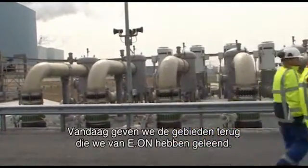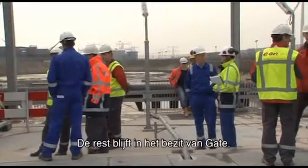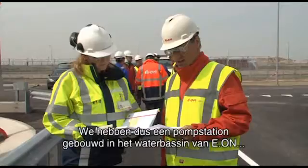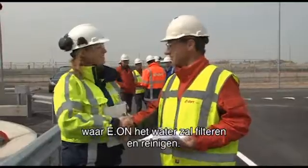Today is the closeout day with E.ON. We will give back the remaining areas that we borrowed from E.ON, and the rest will stay in Gate property. So we've constructed this pump house inside the water basin of E.ON, where E.ON will filter and clean the water,